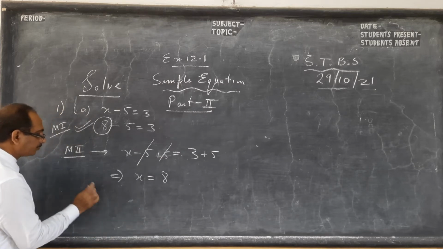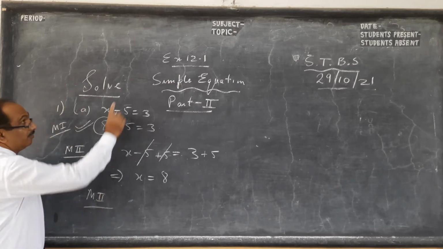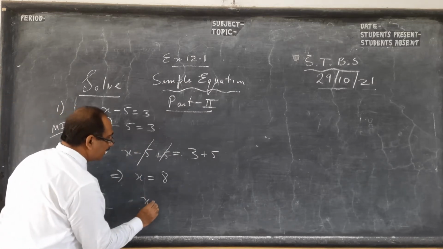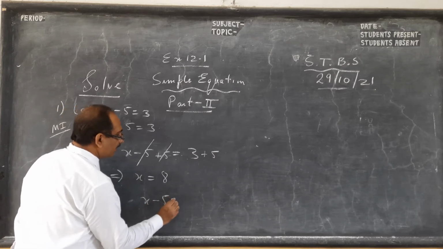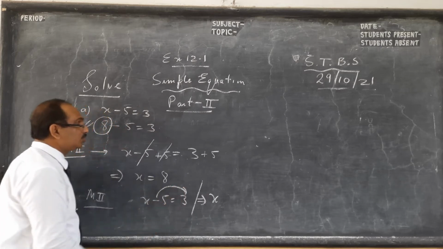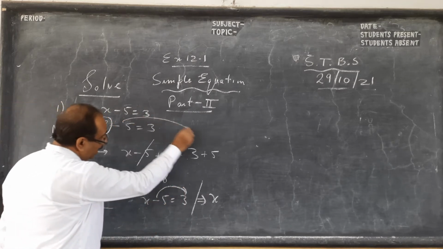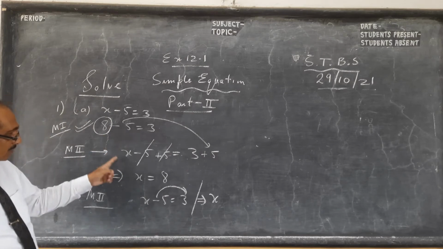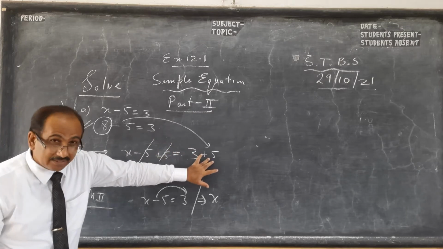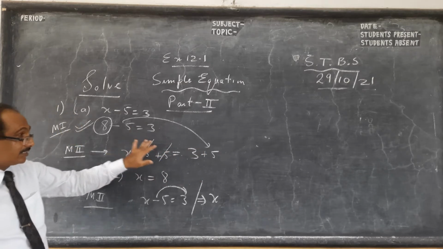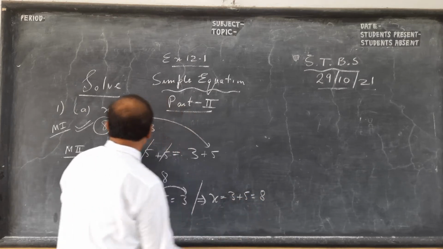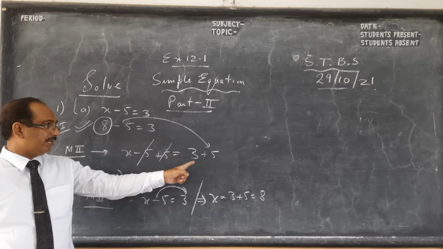Method 2 is what we will see in 11.2. That is called transposing. In short, you say x minus 5 is 3, and when you put the implies sign, minus 5 goes to that side. See here, children, minus 5 goes to that side. It seems as if minus 5 and plus 5 cancel, but on this side it remains. So what we say, boys, is that minus has become plus. Once more, actually what we say is, minus has become plus.